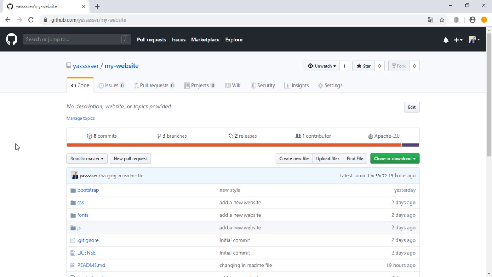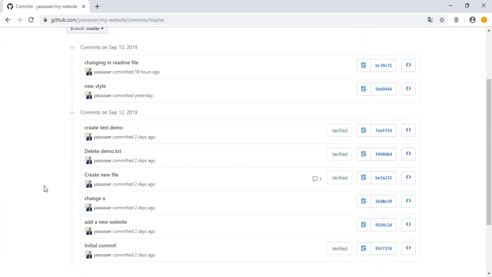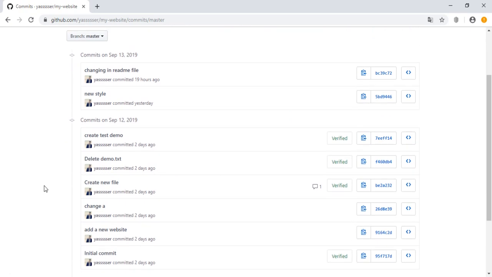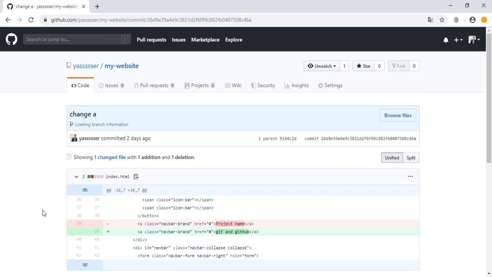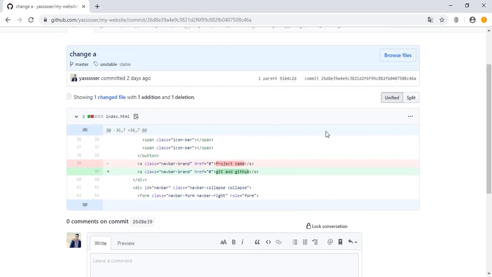So in the previous video we learned how to compare between two branches, and in this video we will learn how to compare with commits. So to do that, let's click on commit and it will show us a list of all the commits that we did. So for example, let's click on this change commit, or this change A, and here it shows us